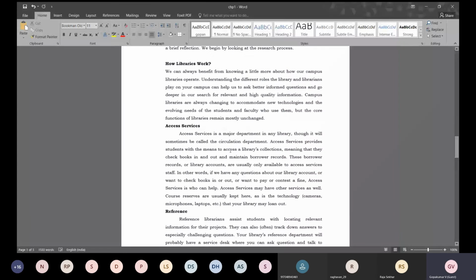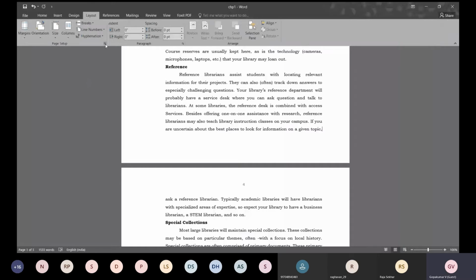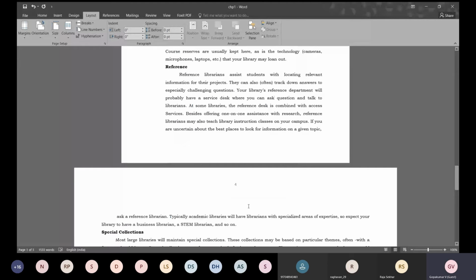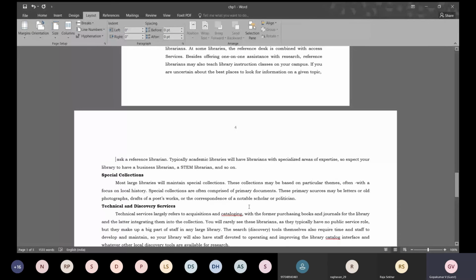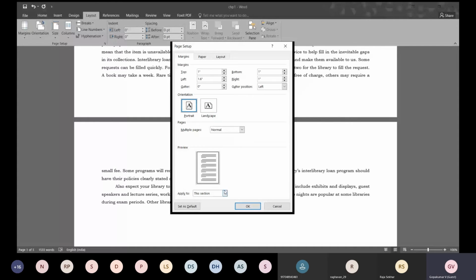So you have to be at the end of the 3rd page because your 4th page is going to be the other way. Be at the end of the 3rd page and then click on layout. Click on this small button and select the orientation landscape. Tell the computer that from this point onwards I need it in landscape. Click OK. You can see that the 4th as well as the 5th have changed. But what you need is from the 5th onwards the other way. So do it again in reverse order. Select this point forward. Click OK.